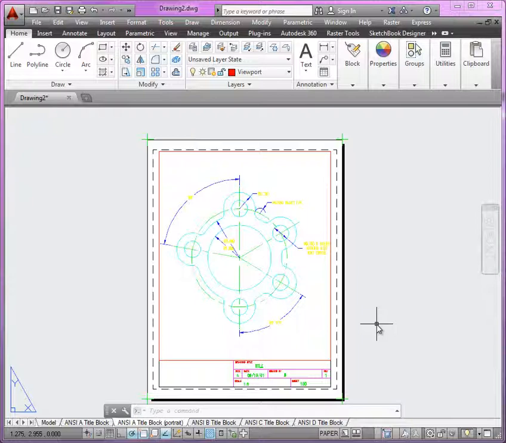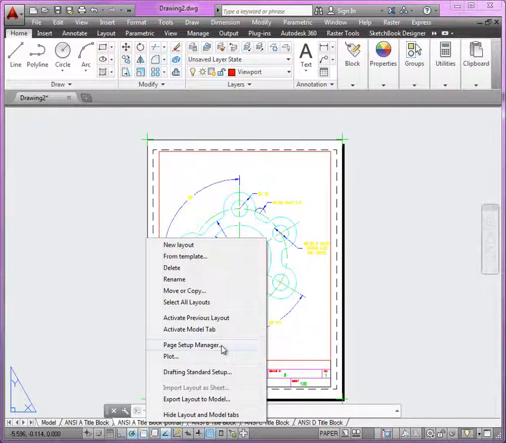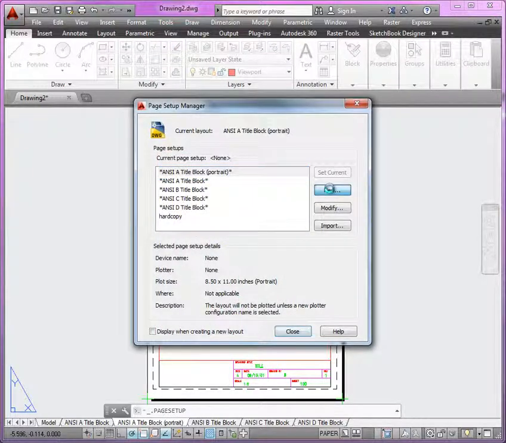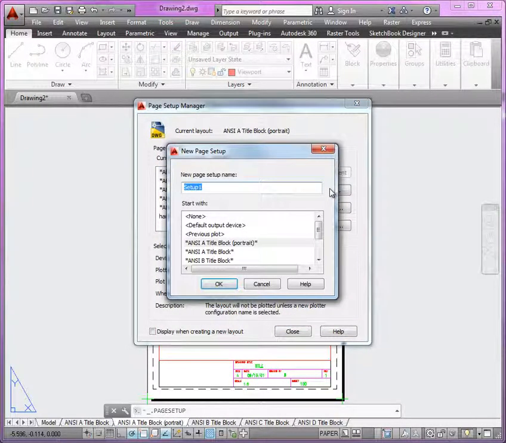Now you also notice we can see all the colors from our layers. So what I would do before I proceed here is actually do the page setup first, right? So if I hover over the selected layout tab here, I can right click over it and do a page setup. What I want to do here is create a Paperspace page setup. So here I'm going to call it PDF letter,